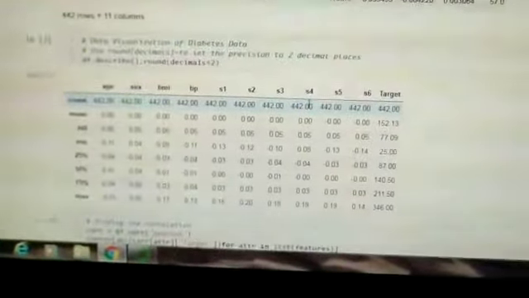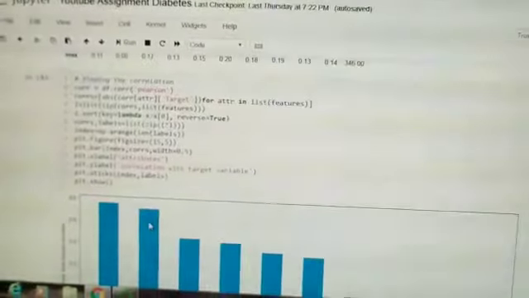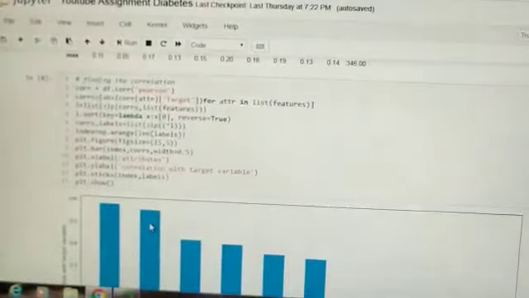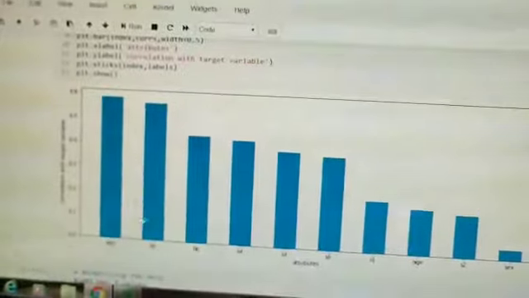Now, in order to visualize the diabetes data, I have used an inbuilt function which shows me the mean deviation, standard deviation, maximum value, and the different error values. After which, I found out the correlation between the target and attributes by using Pearson format, which shows that the diagnosis of diabetes depends mainly on BMI.